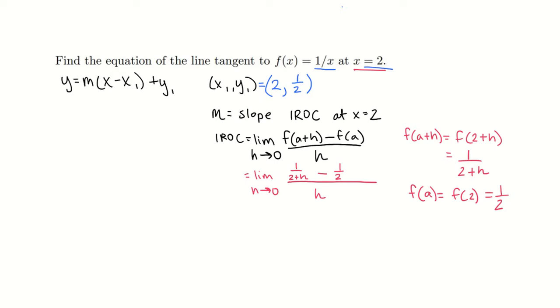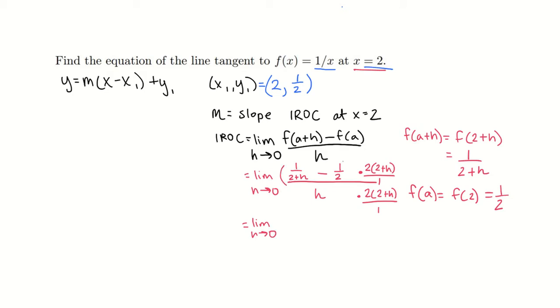We want to clear these fractions out of the numerator, so we're going to multiply by the denominators of the fractions on the top and the bottom. So that means 2 times (2 + h) over 1, and 2 times (2 + h) over 1. This doesn't change our equation because we're just multiplying by 1. This will be the limit as h goes to 0 of